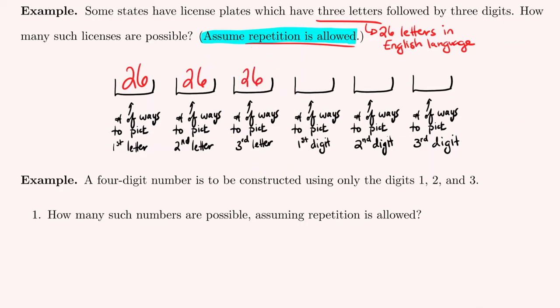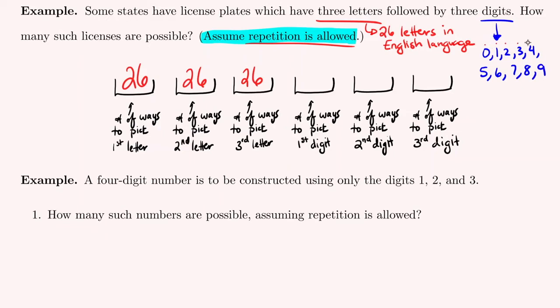That would be 26. Now we need to pick the first digit. In some problems, they tell you particularly what digits you are allowed to choose from. If that's the case, definitely look at those and then count how many options are available. But in this particular problem, they just said 3 digits. So unless specified otherwise, if they just tell you to pick from the digits, you're to assume that you could pick from the digits 0, 1, 2, 3, 4, 5, 6, 7, 8, 9, and that is in total